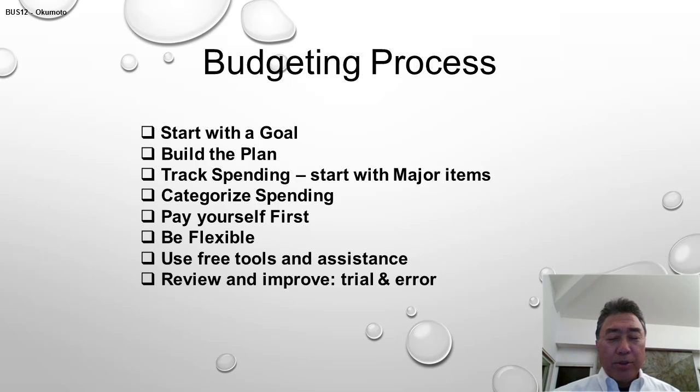All right, so now you start with a goal, you're building your plan, you've been categorizing your spending, and now what you have to do is track your spending. You want to see how you're really doing against it. And ironically, in this planning process and tracking, what you want to do for the savings goal is pay yourself first. Treat that savings amount like a spending category in your budget. So pay yourself first, and then build your budget around that.